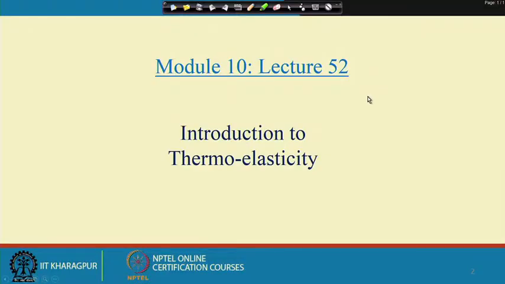Welcome. So, we are in Module 10 and lecture number 52 where we are discussing thermoelasticity or thermoelastic deformation, especially uncoupled thermoelasticity. So, in the last lecture we have gone through the plane strain formulation. In that plane strain formulation, what we have done, we have just used the three-dimensional thermoelastic equation and